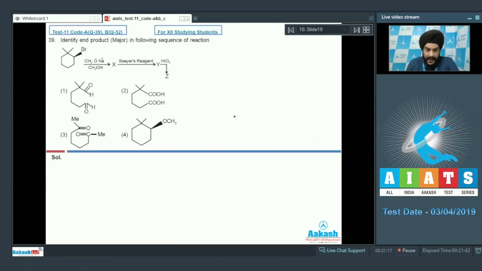Question number 39. Identify the end product, which is also the major product in the following sequence of reaction. So we have the structure reacting with MeO minus in presence of MeOH. So students, this reagent set will lead to E2 elimination in this case, as the cyclic substances, they undergo elimination quite easily. So there will be a bimolecular elimination without any rearrangement of cation. So this will be formed as the major product X, and when this is allowed to react with Bayer's reagent,